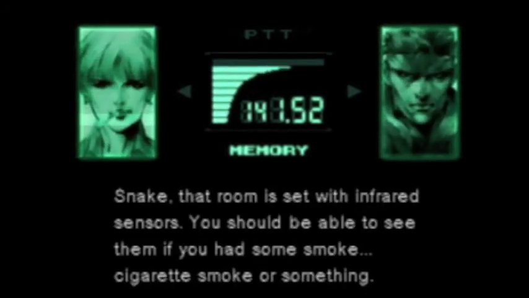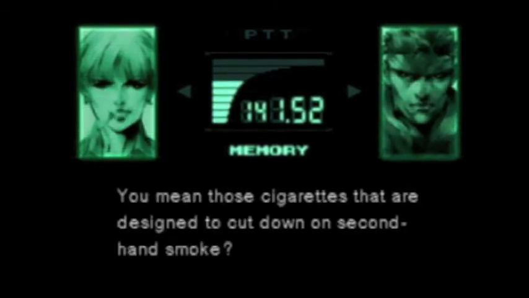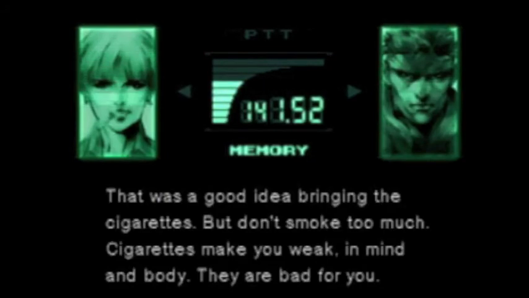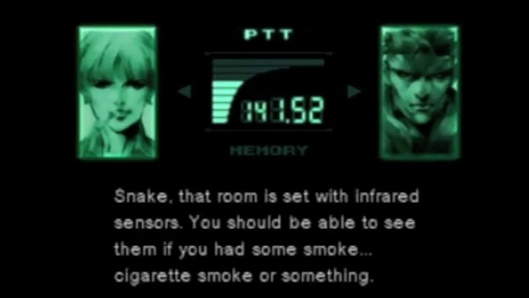Snake, that room is set with infrared sensors. You should be able to see them if you had some smoke. Cigarette smoke or something. Sorry, but these are smokeless cigarettes. You mean those cigarettes that are designed to cut down on secondhand smoke? Oh, well, don't worry. If you blow the smoke in the direction of the infrared sensors, you should be able to see them. That was a good idea, bringing the cigarettes, but don't smoke too much. Cigarettes make you weak in mind and body. They are bad for you. Come on, tell me about the gun I equipped. Snake, that room is set with